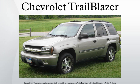SS. An SS model was introduced for the 2006 model year. This was the first time a production SUV wore the Super Sport badge. But this wasn't just a styling package. This TrailBlazer came standard with a 6.0L LS2 V8 that was the same engine that came standard in the 2005 to 2007 C6 Corvette, with different exhaust and a taller intake that better utilized the torque characteristics of the engine